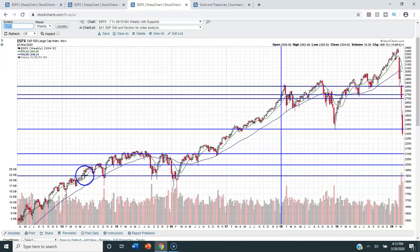And you can see the first time we ever got above 1900 on the S&P 500 was back about mid-2014. And then we traded between 1900 and 2100 roughly between mid-2014 and mid-2016. So we have roughly 2 years of trading in this range. So this area, 2000 plus or minus 100 to 125 points, should provide a lot of technical support. Let's keep our fingers crossed that it does, and